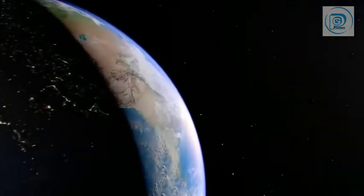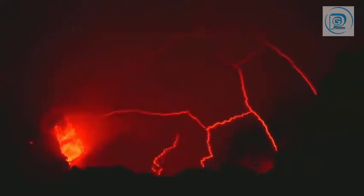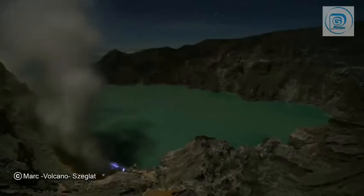In Indonesia, there is a sulfur mine built into a volcano, and when the workers enter it at night, they turn off their lights. They don't need them, because their way is lit by the strange, glowing blue liquid trickling down the side like lava. Kawah Ijen is often described as a volcano with blue lava, although scientists now know the blue trickle isn't really lava, it's sulfur. Sulfuric gases inside heat up and burst out of it, shooting blue flames up to 5 meters into the air. The gases then condense into liquid sulfur, which spills down the mountainside slopes, looking like flowing neon